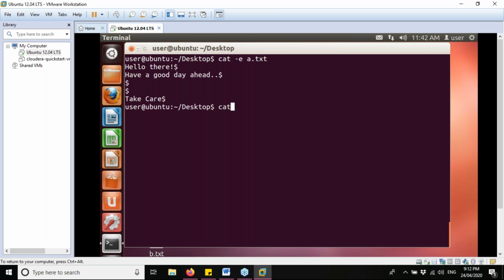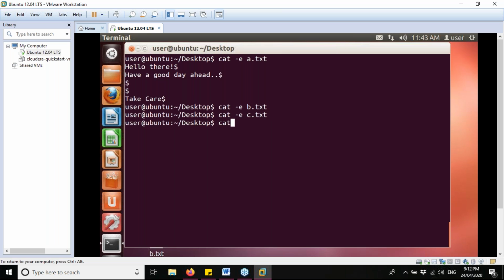Let's check in our other files as well. Cat space hyphen e b.txt, it does not have any content, so it will not show anything. Similarly for cat space hyphen e c.txt, again it does not have any content, so it will not show anything.